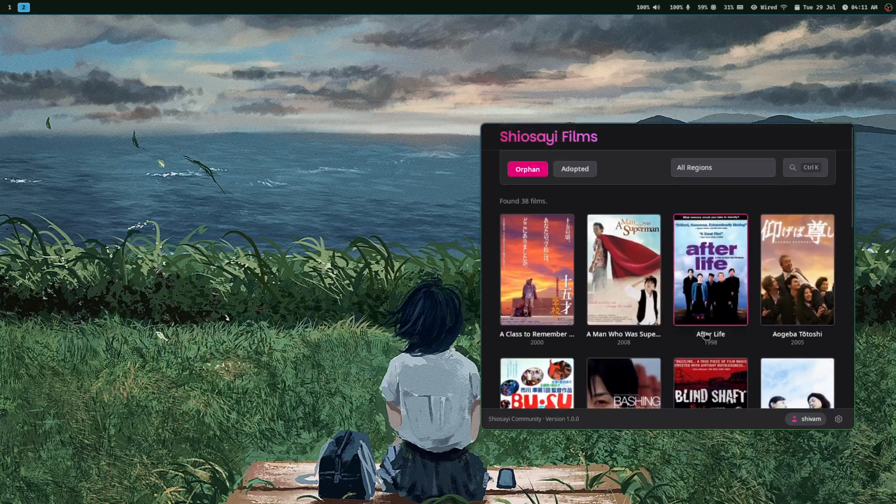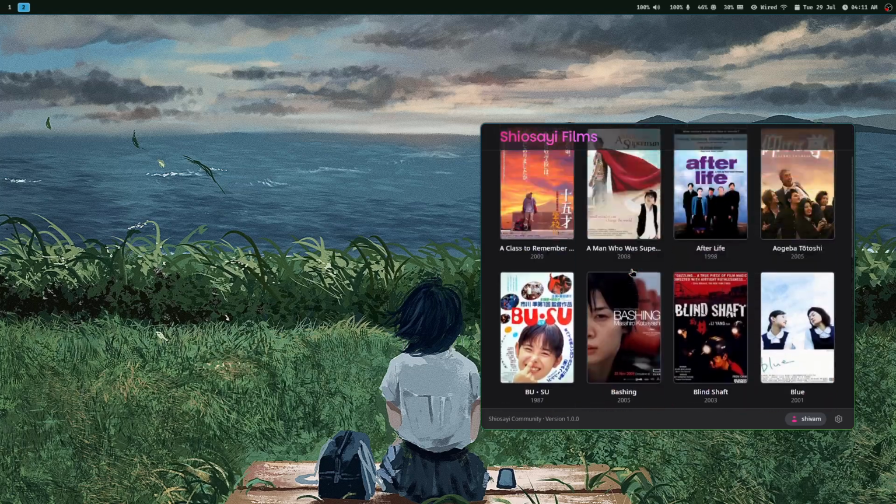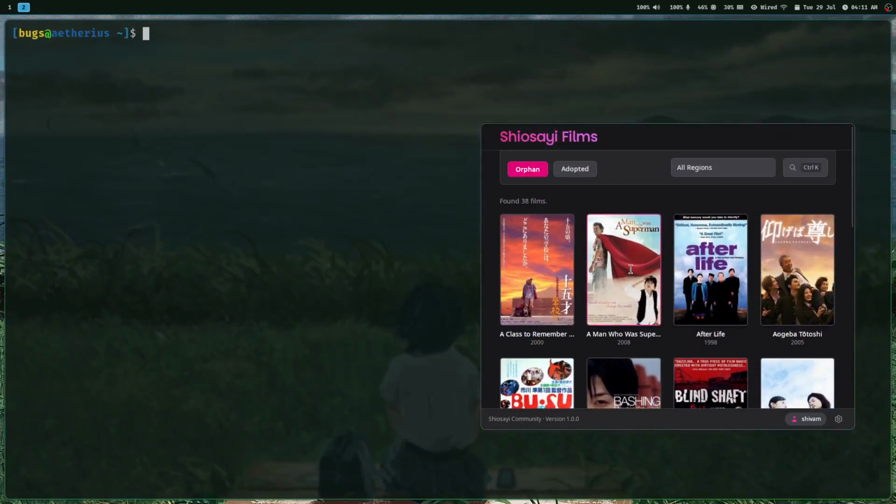But I was so depressed at the beginning. I'm like, I can't do it. But I was like, okay, let's just create a CLI client and just get over with it. But then I decided no matter what, I am going to create my own desktop application, because the beauty of